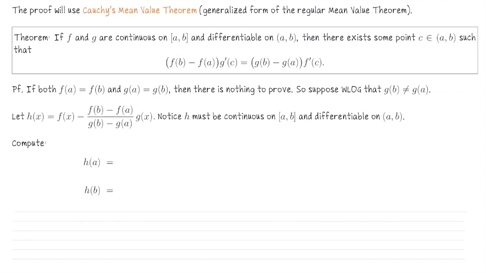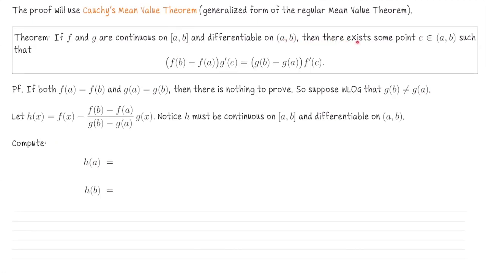Okay, we'll go through the proof. The proof is very short if we prove this preliminary result called Cauchy's mean value theorem. It's also sometimes called the generalized form of the regular mean value theorem. It looks like the mean value theorem, but it's a bit broader. So if f and g are both continuous on the closed bounded interval from a to b, and differentiable on the interior, possibly also at a and b, but this is all that we need. So continuous on the closed interval, differentiable on the open interval,